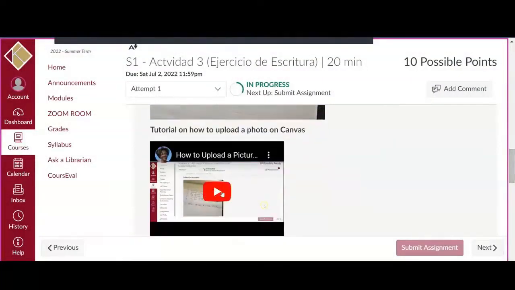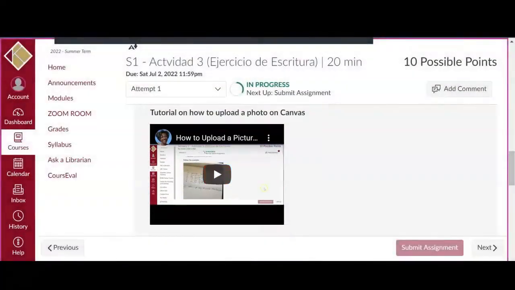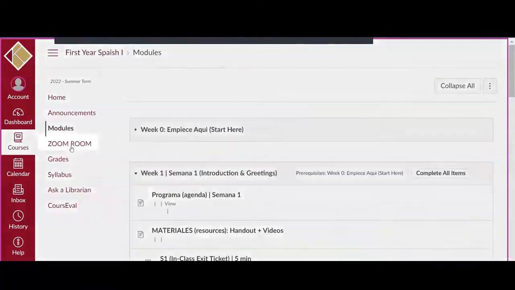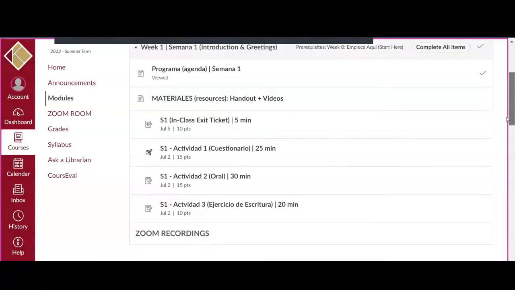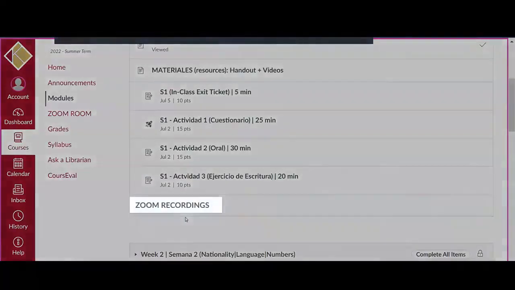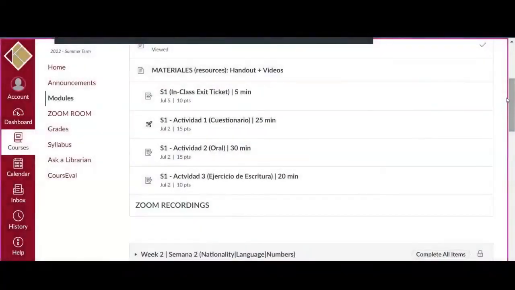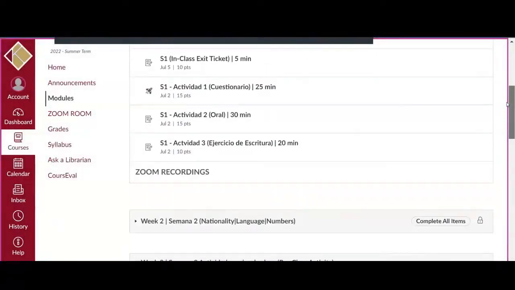And here for the first week 1 and week 2, I have a short tutorial on how you are going to submit that assignment. Okay, so when it's time for your class, you just come here. So that's the Zoom room. So you click here, so you can start attending your meeting. By the end of the week, I post here the recording for day 1 and for day 2. Definitely don't miss class. It's very important for you to study. You don't have many live meetings. If you're taking a summer class, you have fewer classes and you have lots of content,